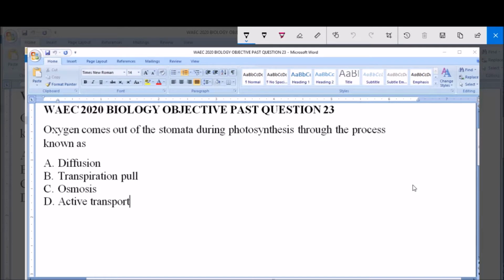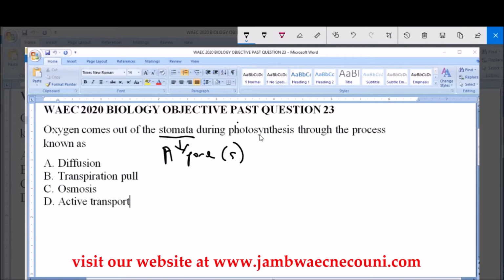Oxygen comes out of the stomata during photosynthesis through the process known as: A. Diffusion, B. Transpiration pull, C. Osmosis, D. Active transport. Now, the stomata is basically just a pore, or pores, because there are more than one,